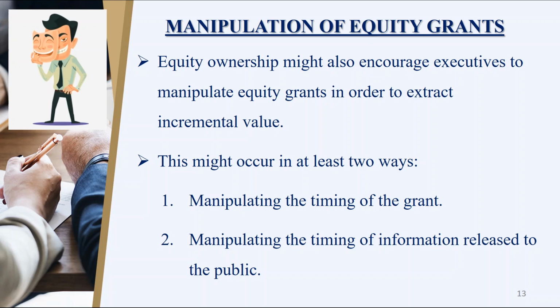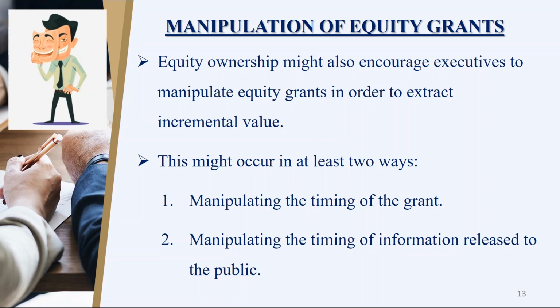On the other hand, in the case of manipulation of timing of information released to the public, the release of favorable information about the company is delayed so that it occurs after a scheduled grant date. This information of the company could be related to a new product, a new strategic relationship in the industry, stronger than expected sales, etc. Therefore, executives in these situations get benefit by an immediate increase in value when the favorable information is released in the market.